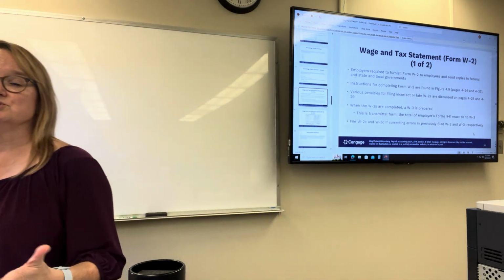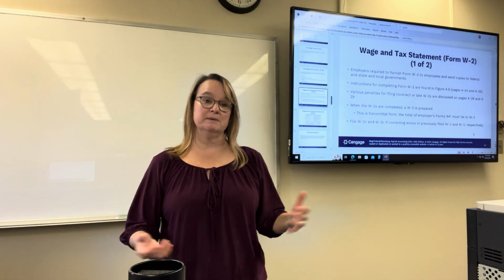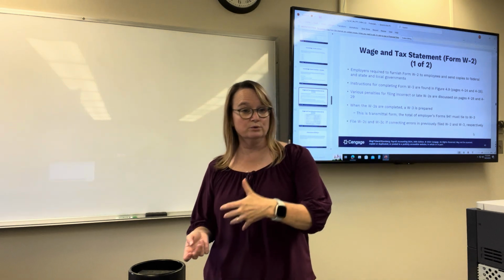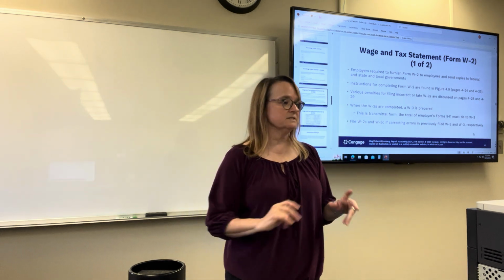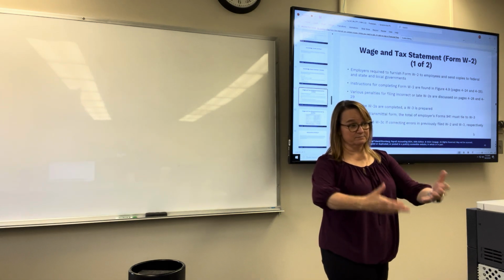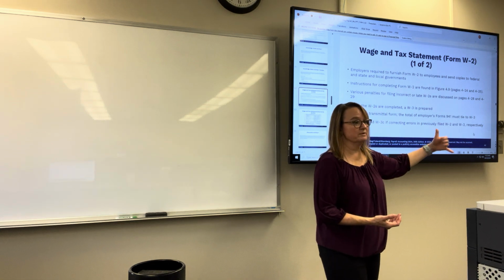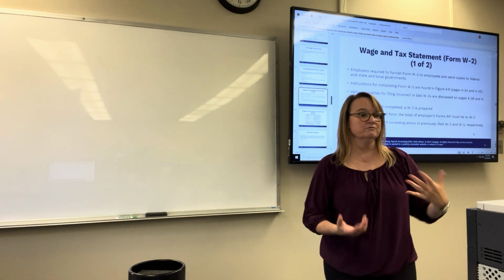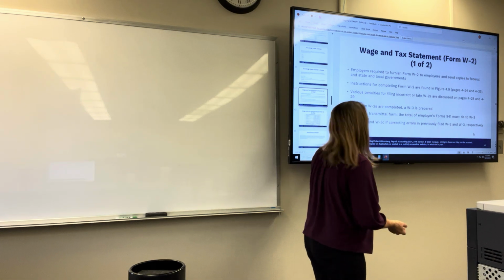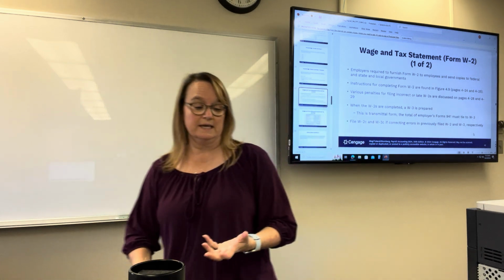If a W-2 is prepared incorrectly, which happens, maybe the employer has the social security number wrong, or they had the withholding wrong, something went amiss in the preparing of it, and it's already been filed and submitted to the employee, there are corrected W-2 forms that then need to be filled out. You wouldn't fill out another W-2 form, you'd have to use a corrected W-2 form, which is what this W-2C is. So the W-2s, again,